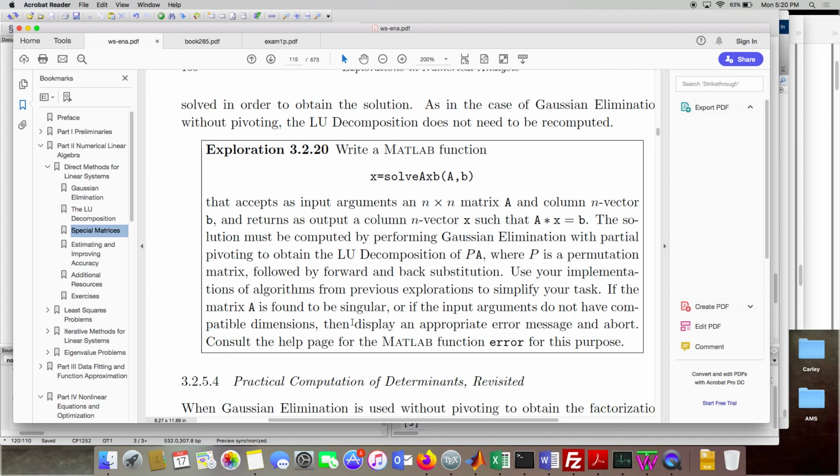Then you also talk about the dimensions. So you mean like if it's not an n by n matrix? Yeah, so if a matrix is not square, or if B doesn't have the right number of entries to match A,